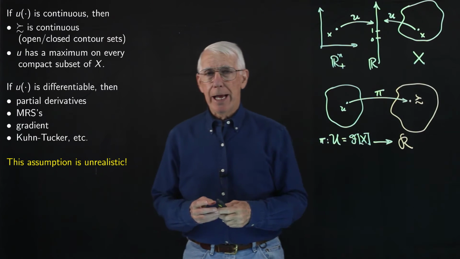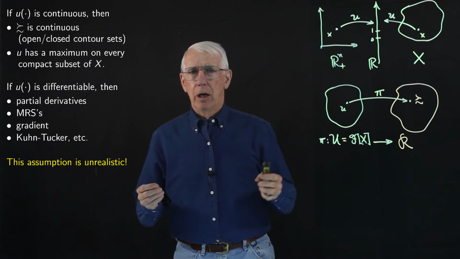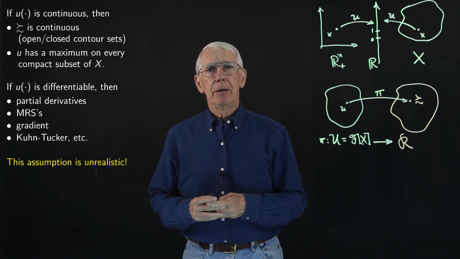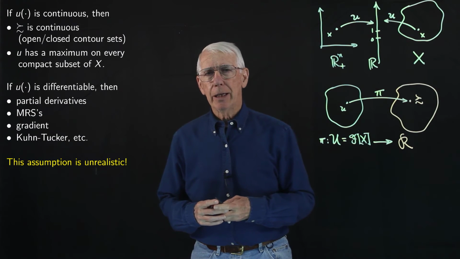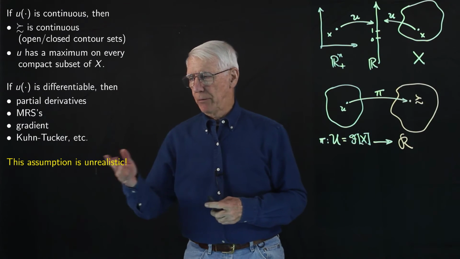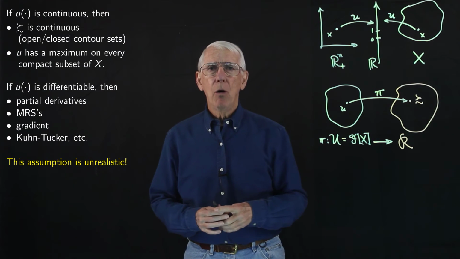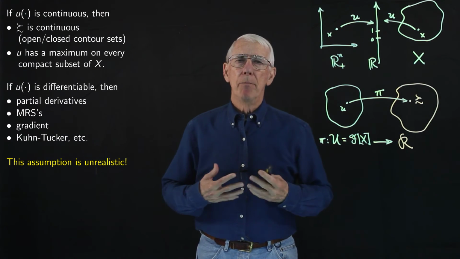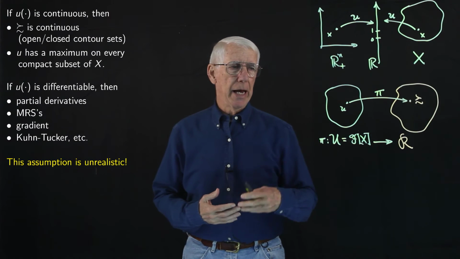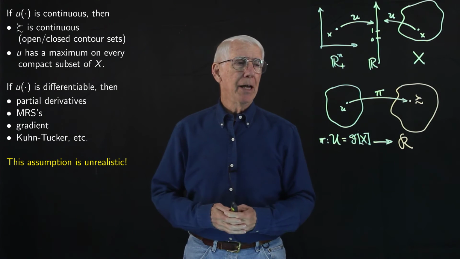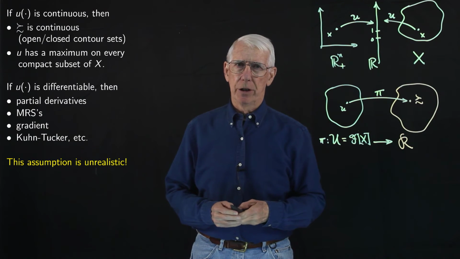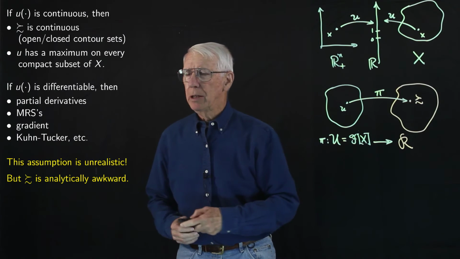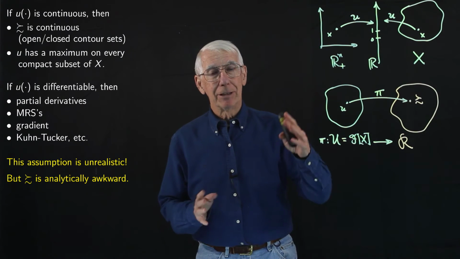For example, if we were to ask someone with two alternatives, which one do you prefer? It's pretty reasonable to assume, I think, that the person would be able to say, well, I prefer this one, or I prefer that one, or that I'm indifferent between the two. So this seems like a much better assumption to build a theory on than this unrealistic utility function assumption. But this assumption has a problem as well, and that is that unlike the utility function,